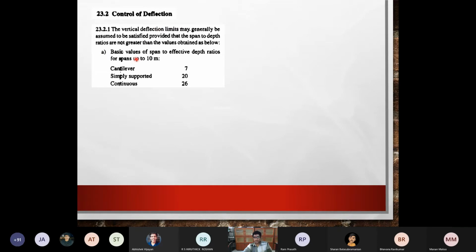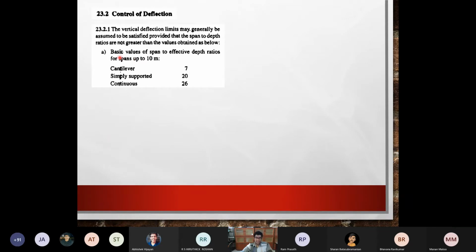So many times when you initially decide the beam, you may not know. For example, some beams may have very less load, so you may give a very less depth and design it for bending moment. Then when you check it for deflection, you may find that it is exceeding the deflection limit which is allowed. So many times it is not very easy to judge prior to your design what should be the depth or size of the beam so that deflection is not exceeded.